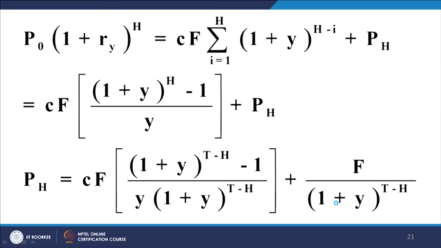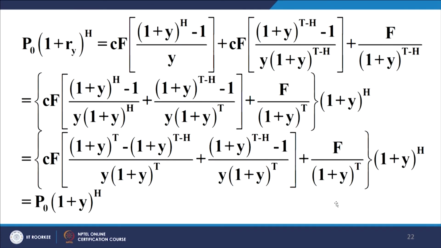And this is the explicit proof for that. Again, it is simple algebra where we use the expressions for the PVIFAs and simplify the expression. Nothing much really to explain except for this point. When you simplify the whole expression, what you get is the expression within the square brackets. The expression within the square brackets simplifies to C into 1 plus y to the power t minus 1 divided by y into 1 plus y to the power t, multiplied by the CF, and plus f